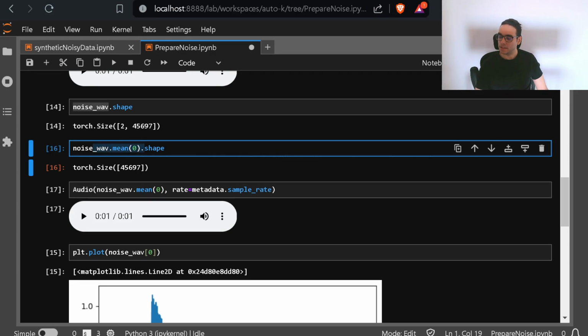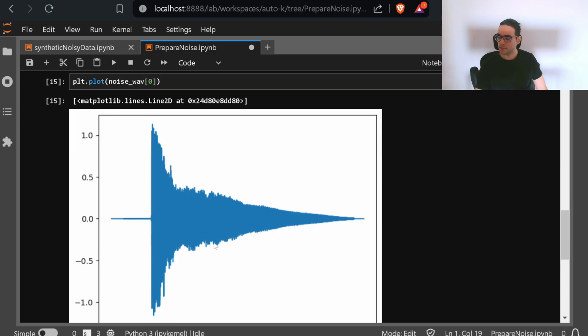If you take the mean, what is going to happen is that for each sample it's going to take the value of the left and right channel and average them together. In spoken audio, it could be common that the two channels, when they were recorded or saved on a computer, are not completely synced. It might not be noticeable to the human ear, but there might be some millisecond